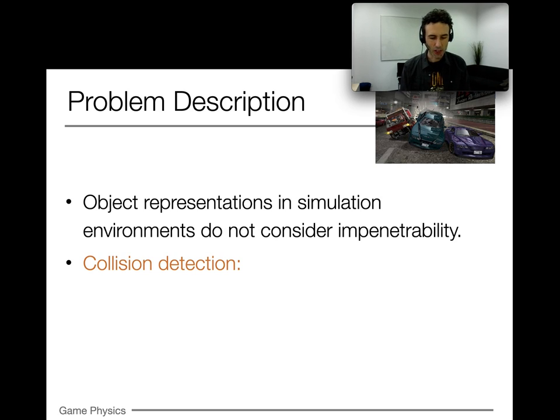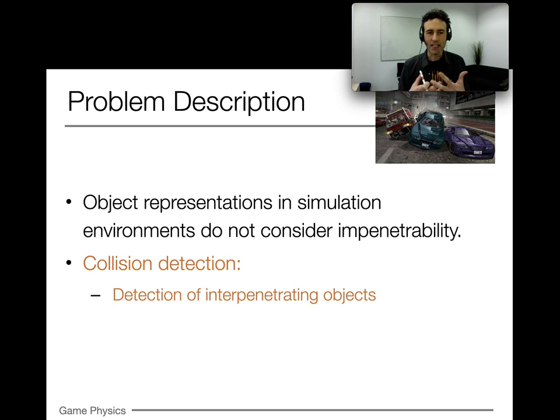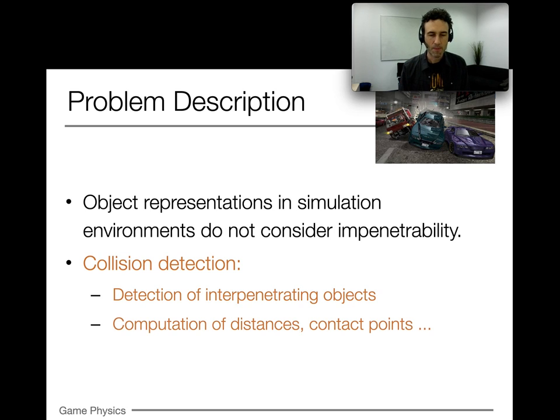what we really want to achieve here is we want to detect whether objects actually overlap, whether they penetrate each other, and then that is typically a first step. Do they actually represent an unphysical state? And if yes,